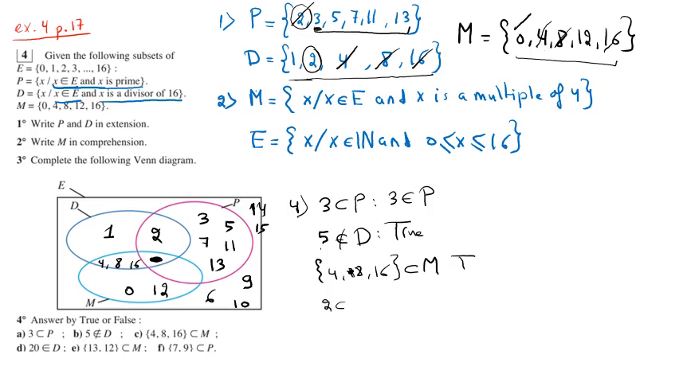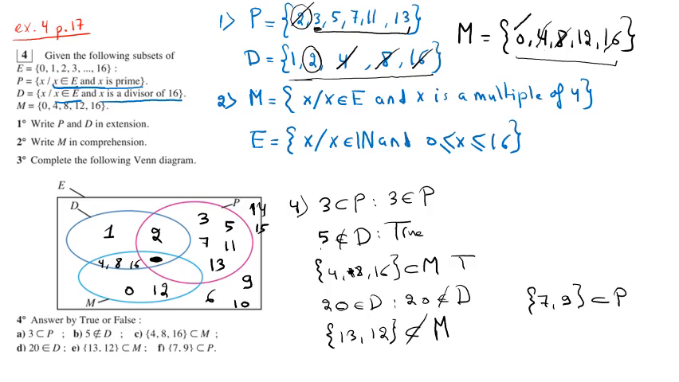20 belongs to D? Of course, 20 is not an element of D, then it is false. 20 doesn't belong to D. 13 and 12, subset of M? We have M contains 12, but it doesn't contain 13, then it is not a subset. And 7, 9, subset of P? We can see that 7 is an element of P, but 9 is not an element in P, then it